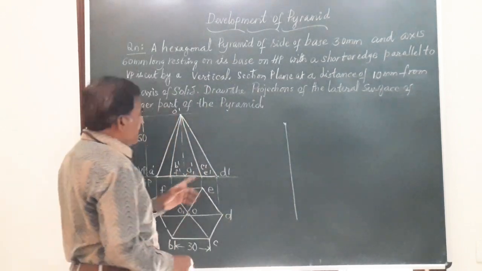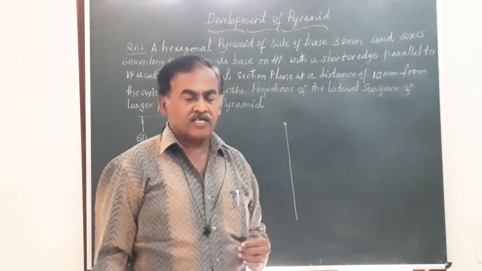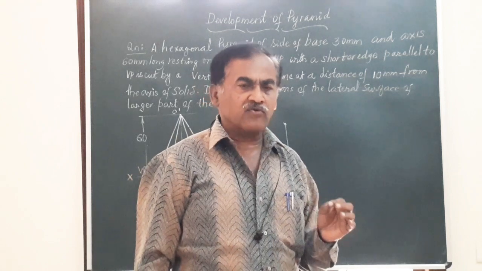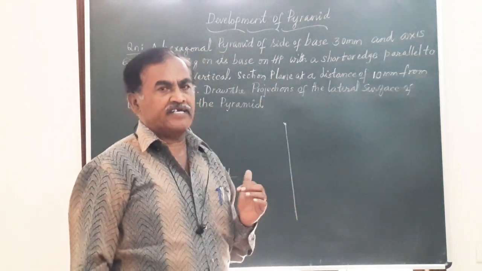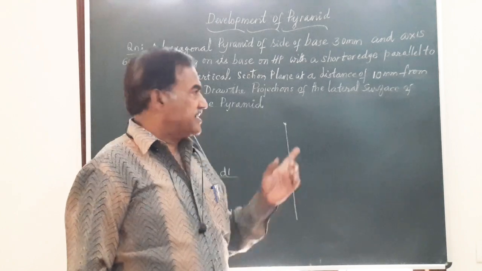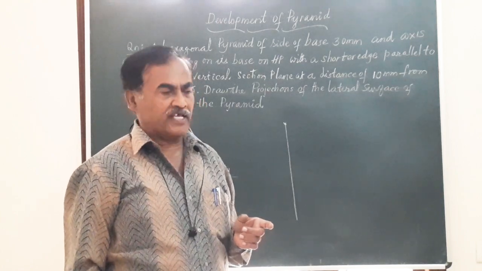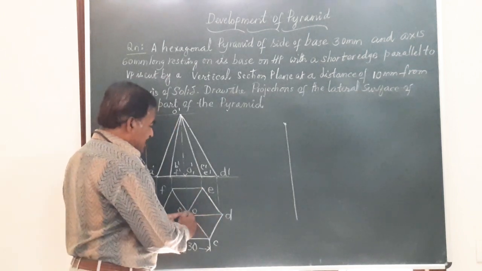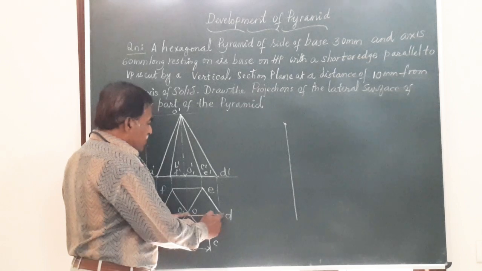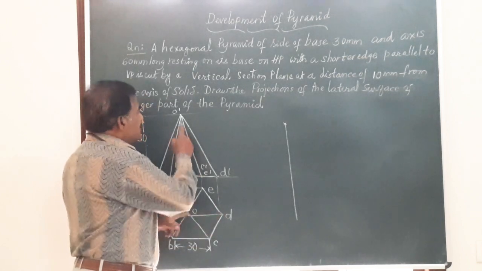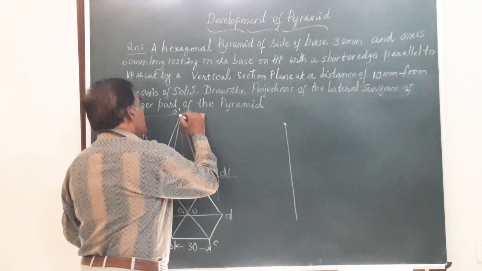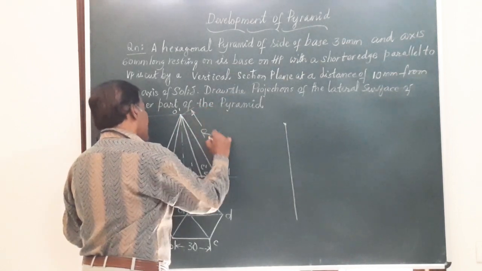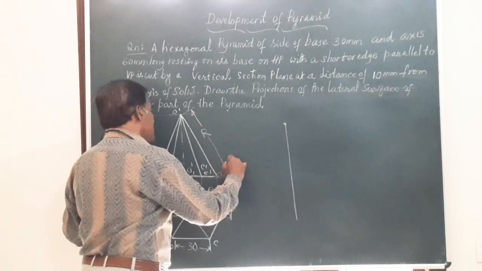So here, before I draw this, you know very well that all the developments are drawn to true scale or true size. Here we have to find out from the front view of the solid which one of the solid edges, that is the slanted, gives the true length. And very obviously, if you observe this line OD, the slanted OD is parallel to VP, and hence O dash D dash represents the true length of the solid. This is the true length of the slant edge. So this is true length R.